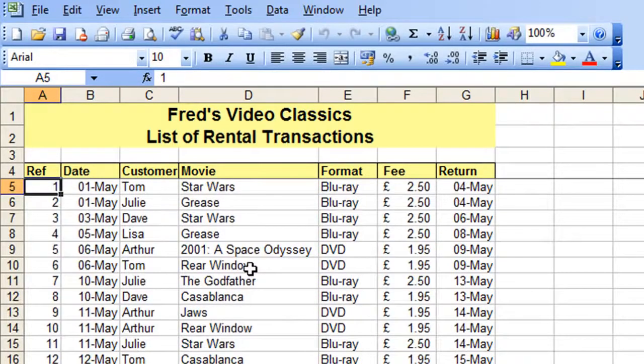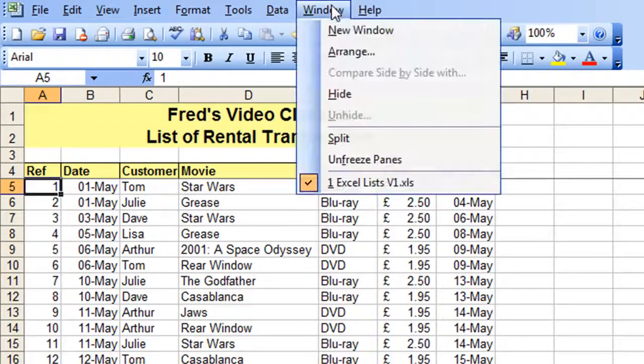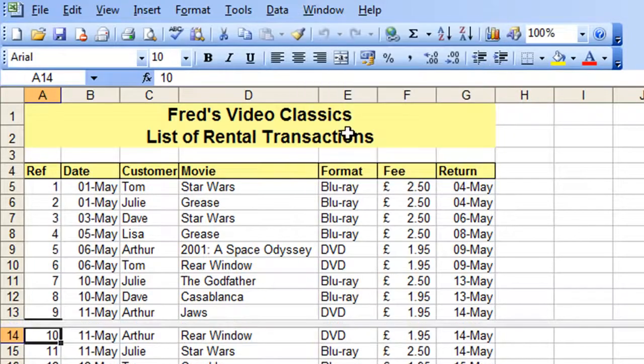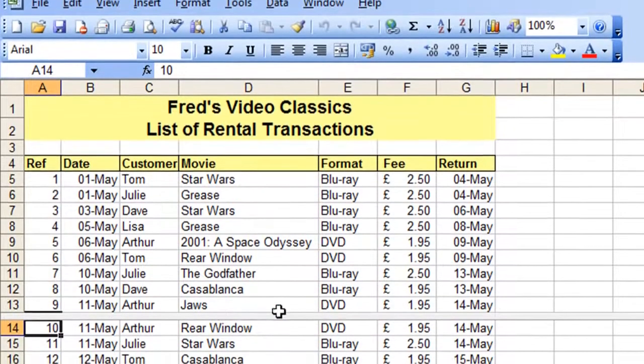Now there's another feature that I'd like to show you which is very useful. I'm just going to unfreeze. The reason I'm doing this is the feature I'm going to show you now doesn't work very well with freeze panes switched on, so keep that in mind if you do choose to use this one. What I'm going to do now is show you split, and to activate that I'll click any row, well more or less any row, row 14 in fact, click on Window, choose split, and you'll see this grey horizontal